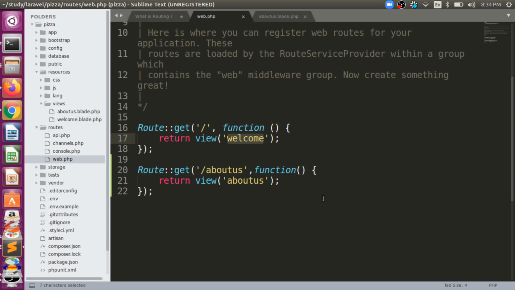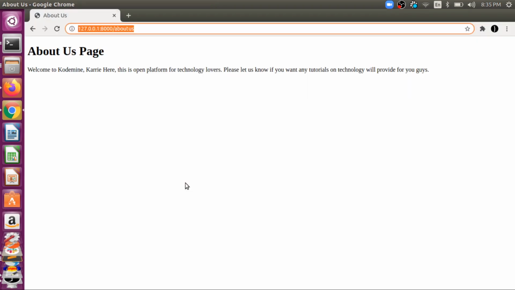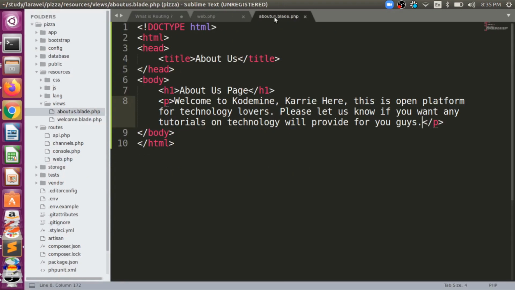In the same way, we used the Route class and called the static get method, we passed our, right, we just statically mentioned about us in that, right? So it means whenever the about us request comes from the browser, it will be mapped with the routing, right? And this function will execute, and we are now returning this about us view. So that is the reason we are getting the about us page here, and that is our HTML.